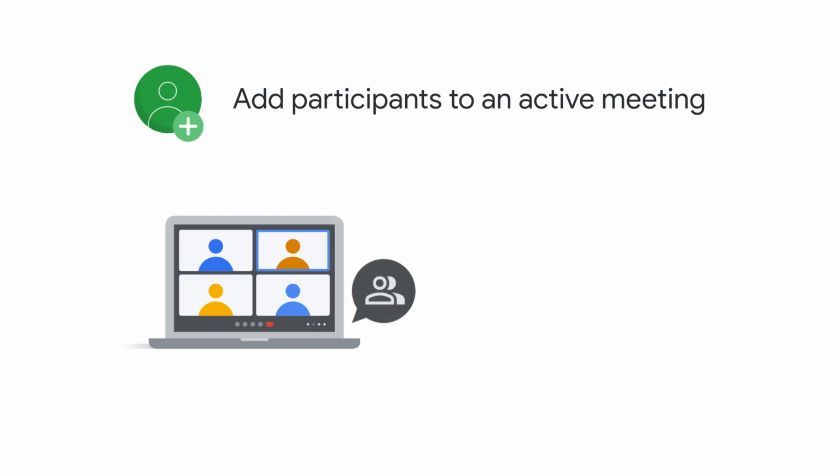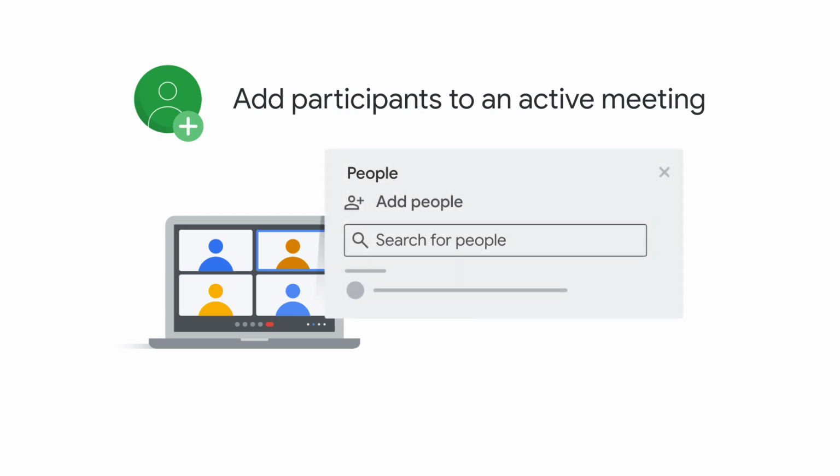Alternatively, you can use the People icon. Click the People icon, then click Add People. From here, you can choose to invite people by email, or you can call the person's phone number. If you call someone, Google Meet dials the person's phone number, and if they answer, joins them to the meeting's